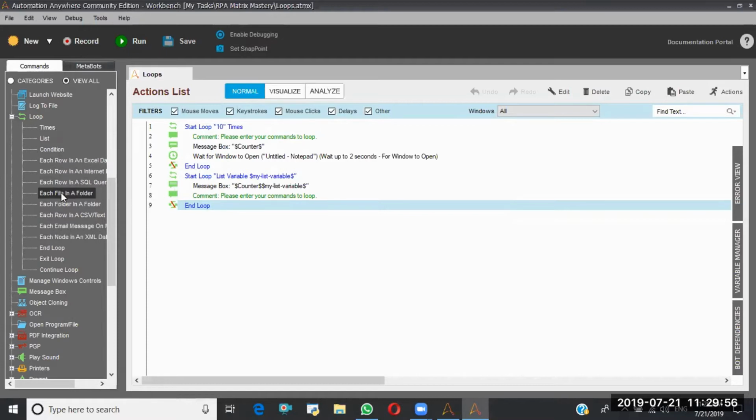What we are going to discuss now is each file in a folder and each folder in a folder, and that's it. The remaining things are related to other specific topics, and we'll discuss them while we are talking about those topics.